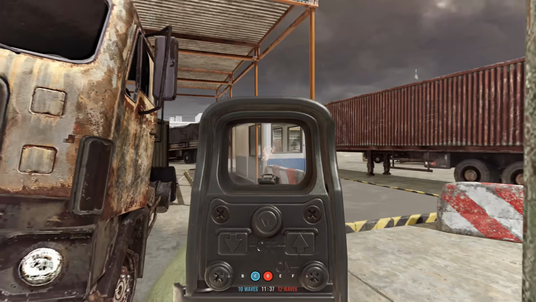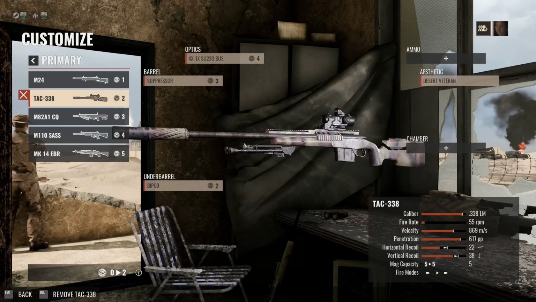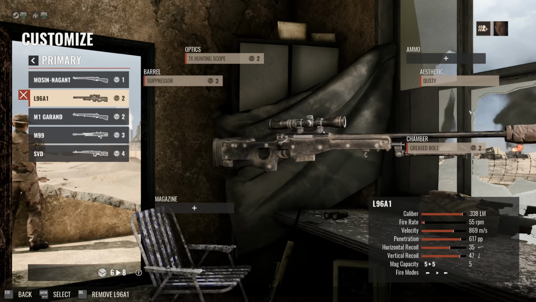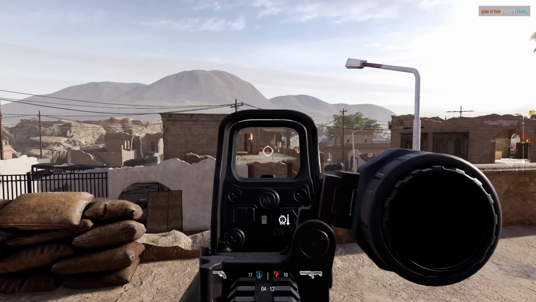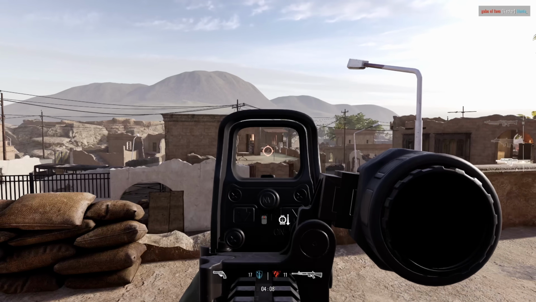It also adds 2 new bolt action sniper rifles for the marksman class, the TAC 338 and the L96A1. Pretty iconic rifles that probably were some of your favorites in one game or another over the years. The update also includes a new limited time arms race mode, aka gun game, which is, well, not my favorite